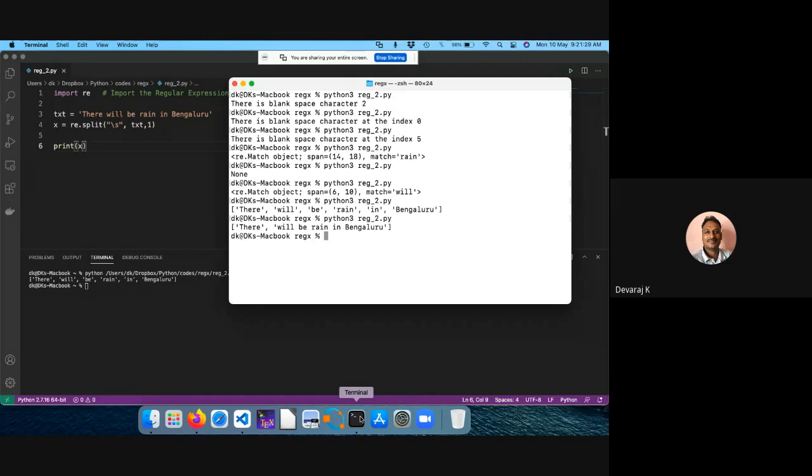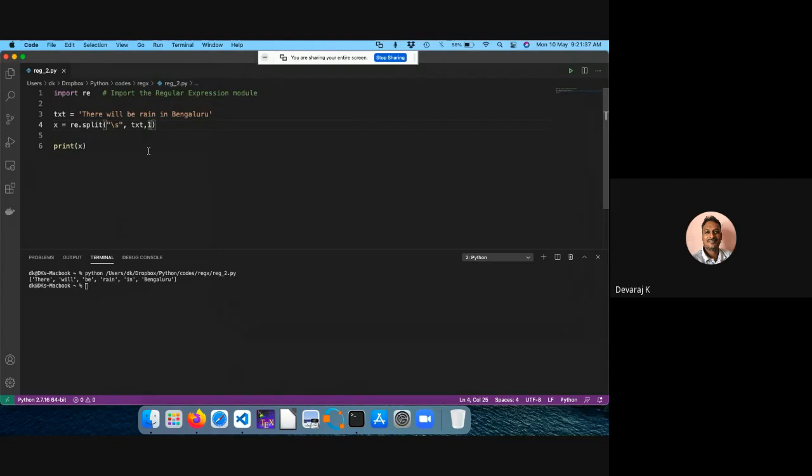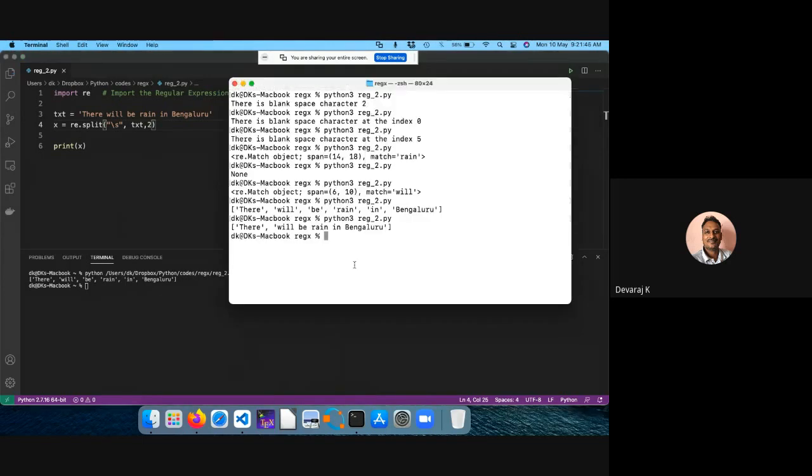After that, 'will be rain in Bangalore' is the next part. So it's only 2 parts, only one split. You can choose how many splits you want at the blank space, 1 or 2 or whatever it may be. You just save it and run it.